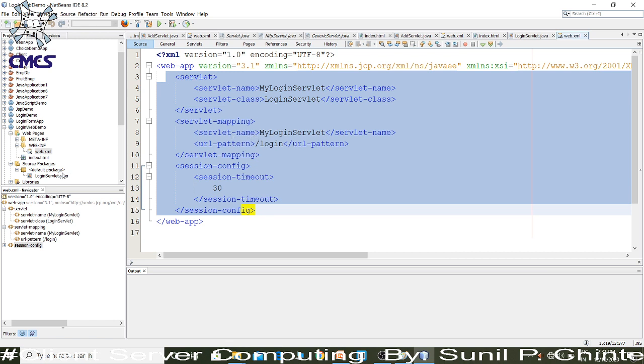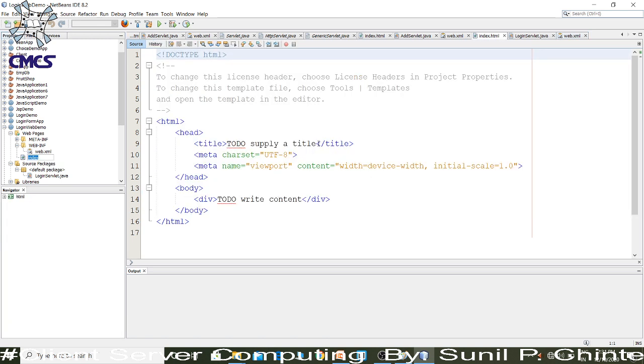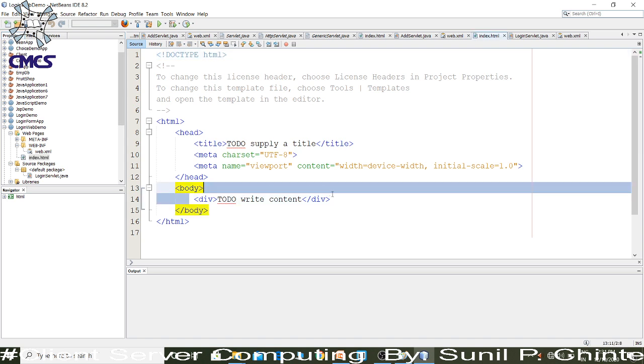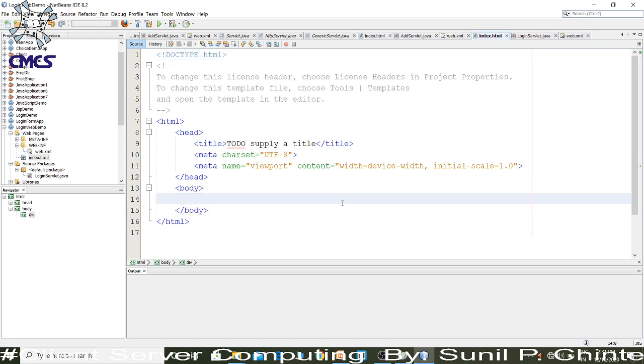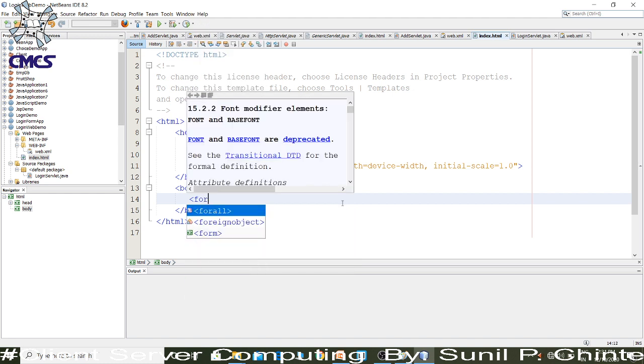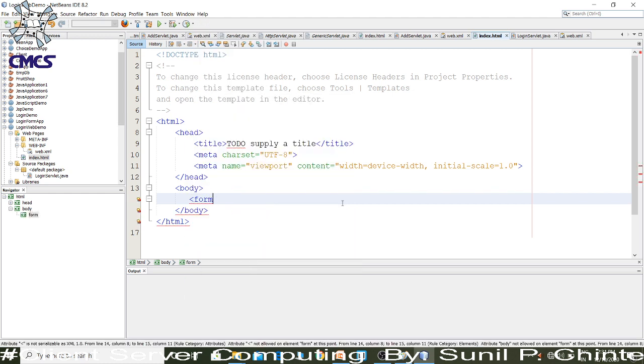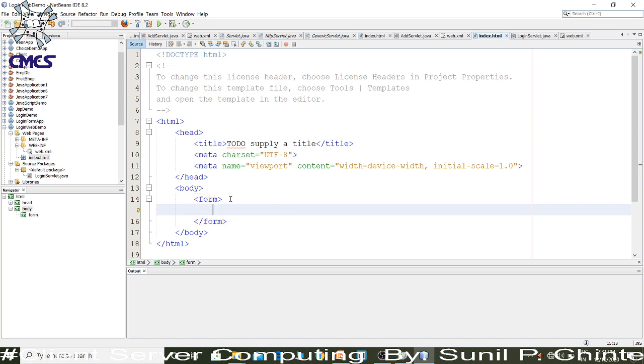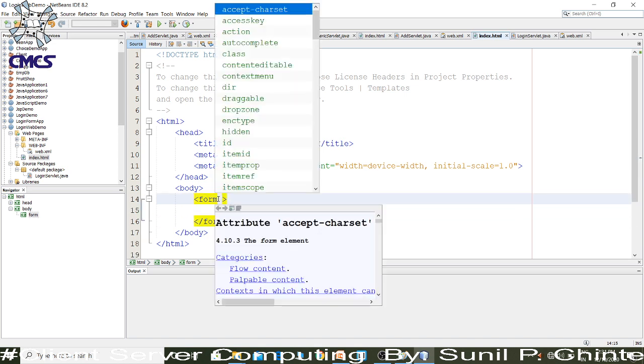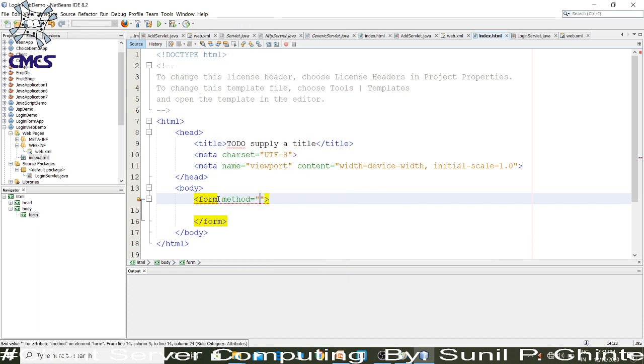Now you have to create the HTML file. Now we are going to create here the login form. For that purpose I will use the form tag here. Under that form tag I will use the method, that is the post method.